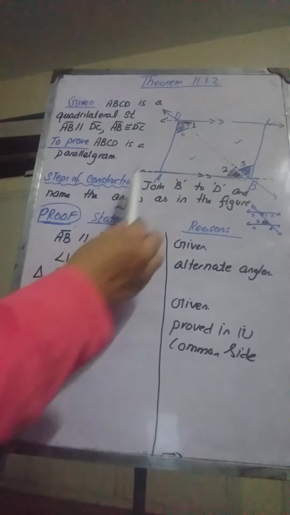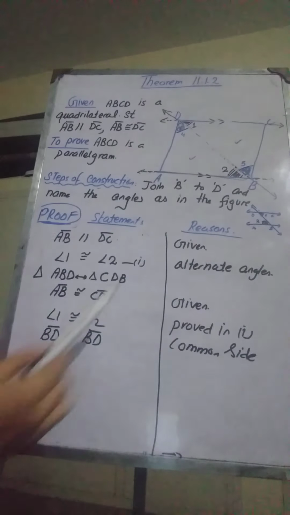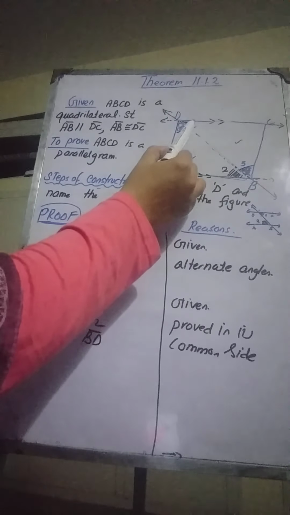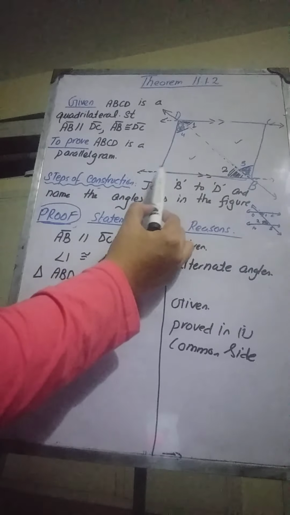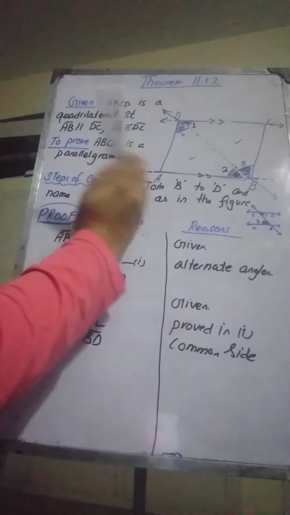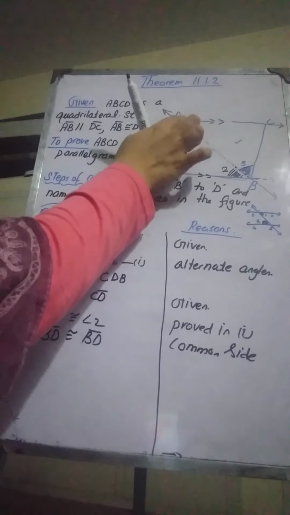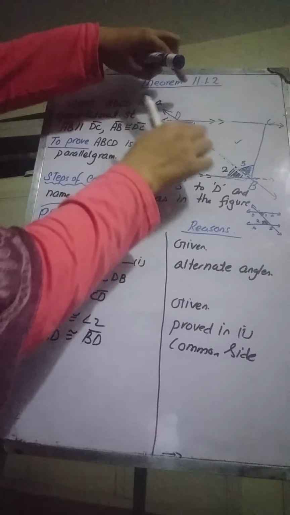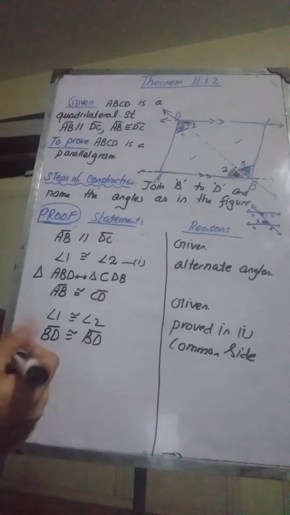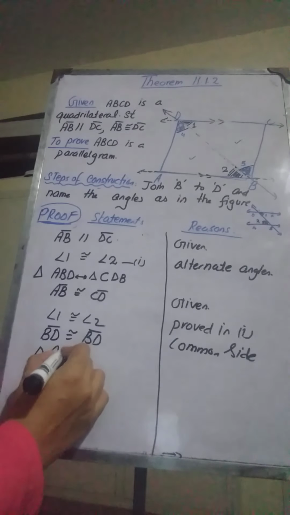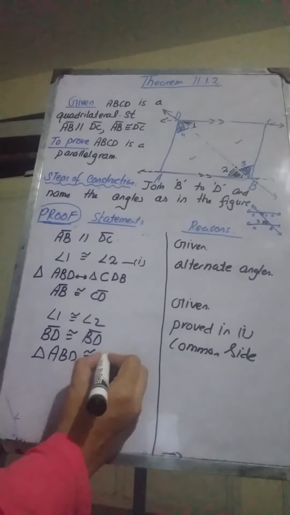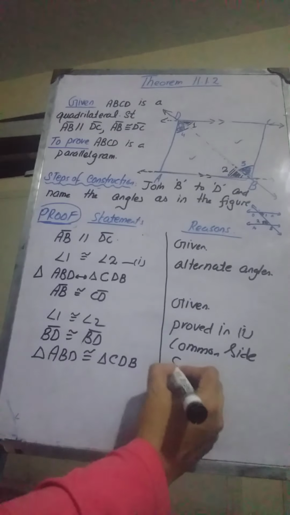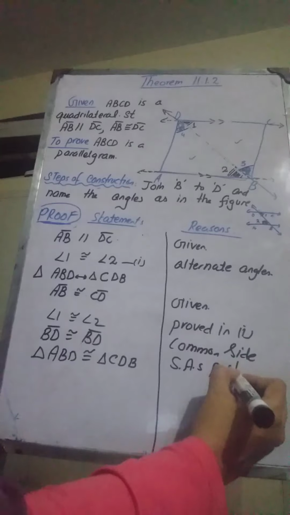Okay, AB is congruent to CD, and BD is congruent to BD. Also, the angle included between them is angle 1, and the angle included between these two sides of this triangle is angle 2. As both the angles are also congruent, by the SAS postulate, two sides and the included angle of this triangle are equal to the two sides and the included angle of that triangle. Therefore, according to the SAS postulate, triangle ABD will be congruent to triangle CDB. This is because of the SAS postulate.